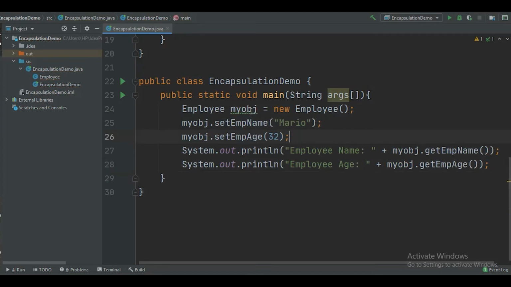You put the name of your object and say equals new. Don't forget to put new, and then again the name of the class, and then curly braces, and this is how you create the object. Then by calling the object name, you can set the name, like Mario, or set the age for that person, and here you can call those values. You know how to call this, just by saying system.out.println, and then inverted commas, and writing the name of your object and what you want to access. As you have set here, you can now get here. So this is the use of setter and getter methods. First you set the values and then you get the values.